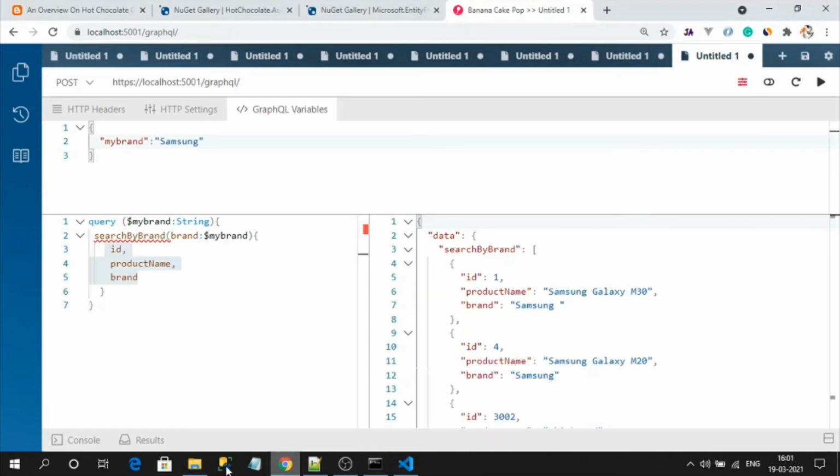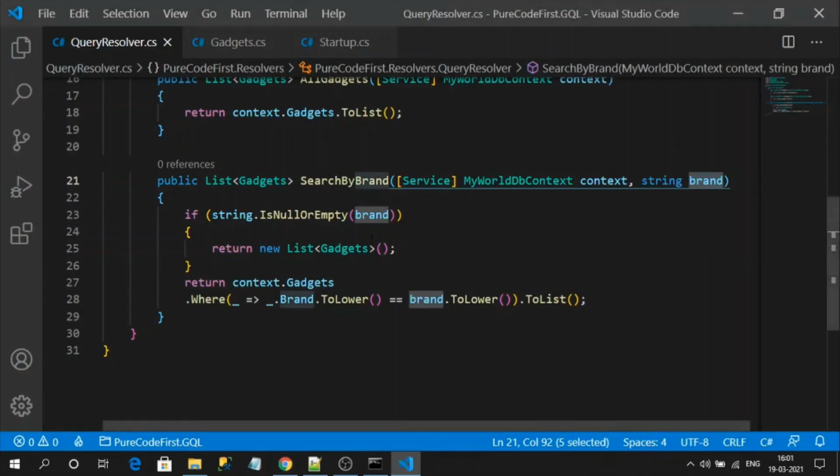To do that, you can simply copy and paste it here. We are calling search brand two times in our single query. This means it will execute our resolver method two times, but the final output will be written in a single response with the two result sets.